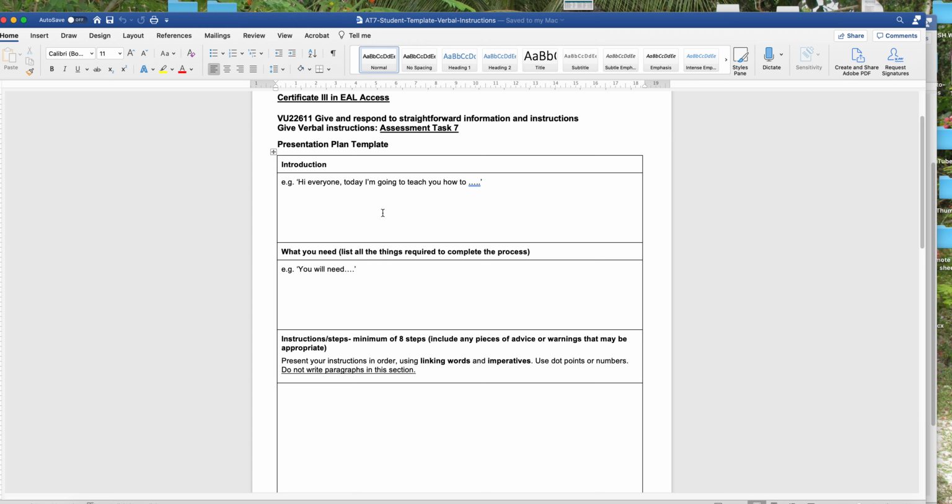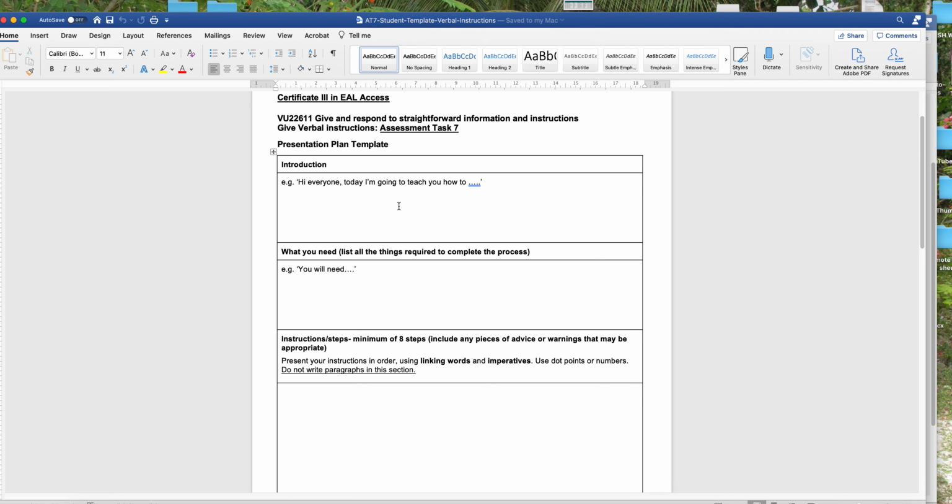I'm just giving you an example. Or I'm going to teach you how to make Japanese sushi rolls. You can add more information if you want to, or you can just keep it fairly simple and just say what it is that you are going to teach or what you are going to tell us about. Okay, so what is the process? So that's in the introduction. So you're introducing your topic, you're introducing what you are going to tell us about, or tell the class about,